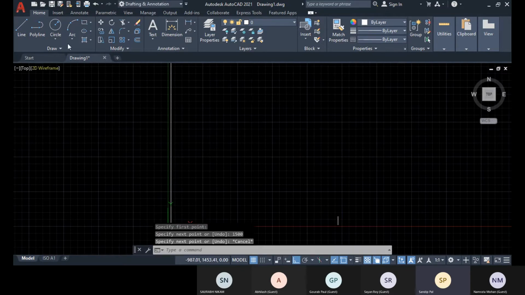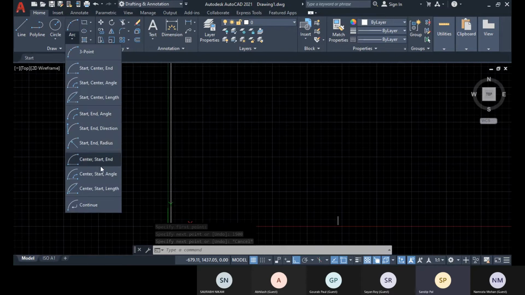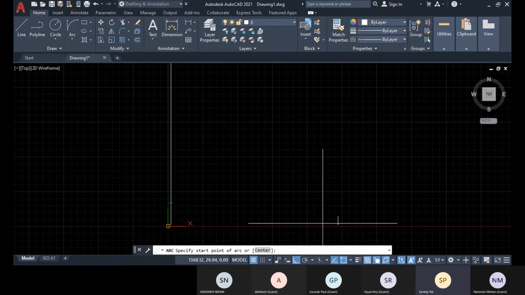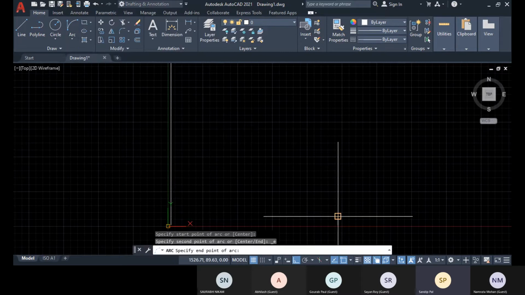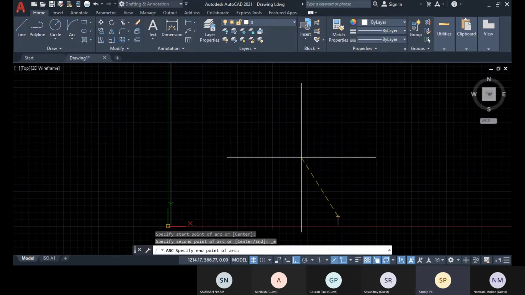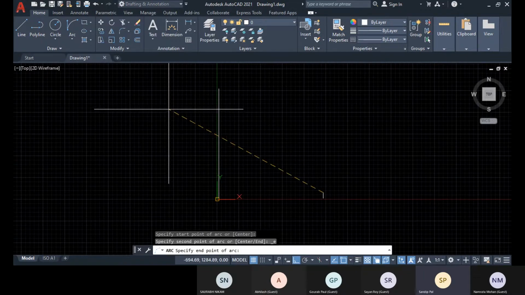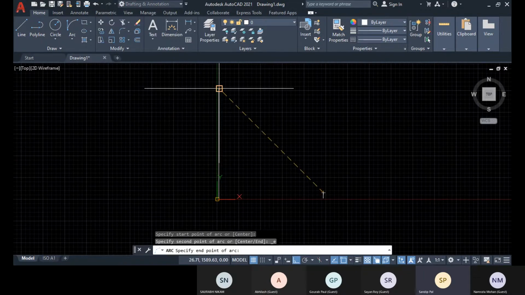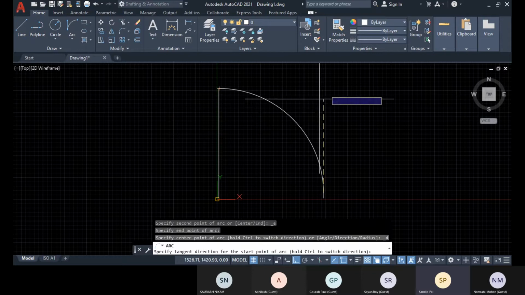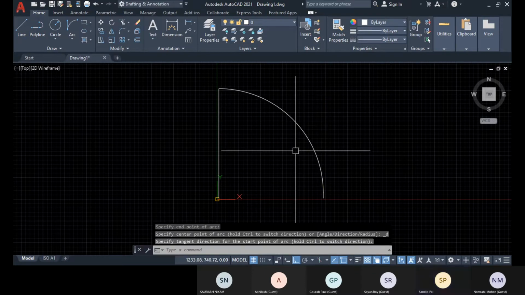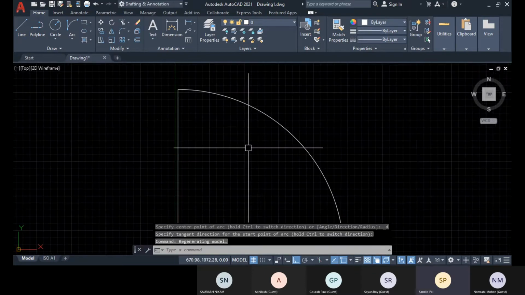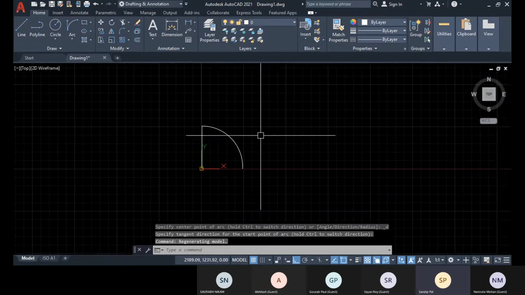Enter. And now you can create the curve with either circle or arc, you can choose. So let me choose with start and angle or start in direction, whatever you can choose. Let's specify this as a start, because start and direction should be in the anti-clockwise direction. So start and then this end, and this is the direction, and I'm done with creating this.